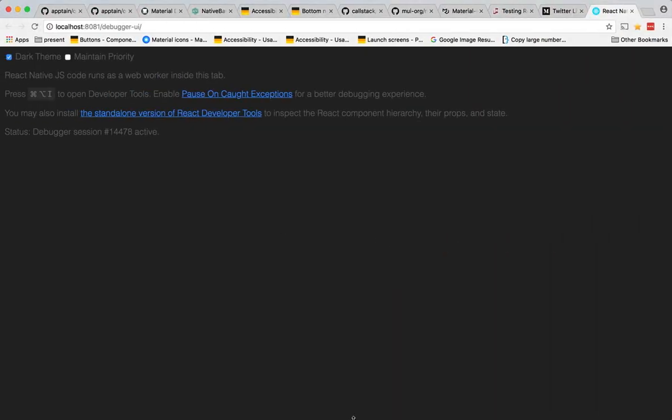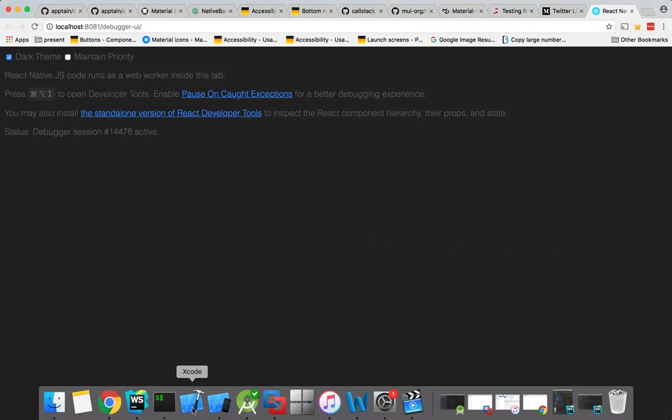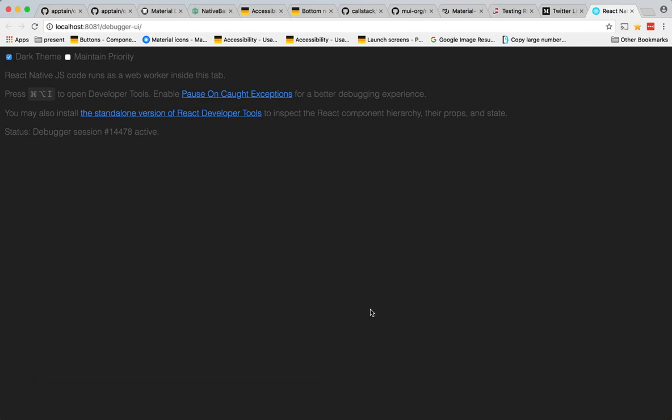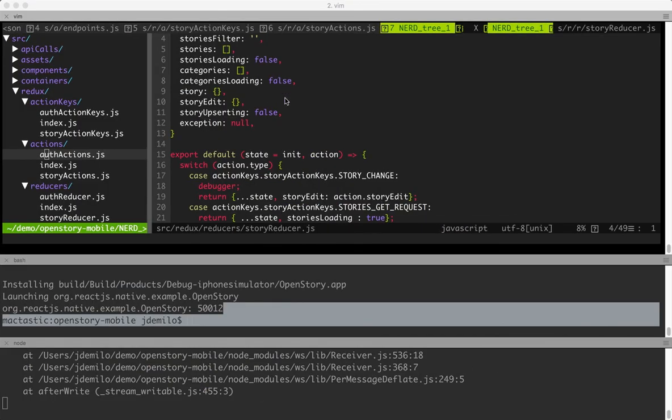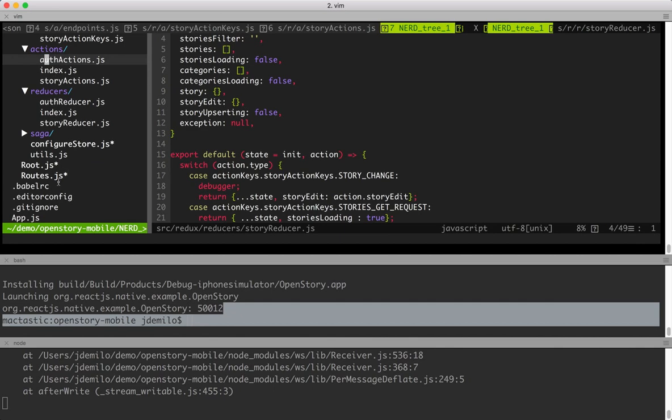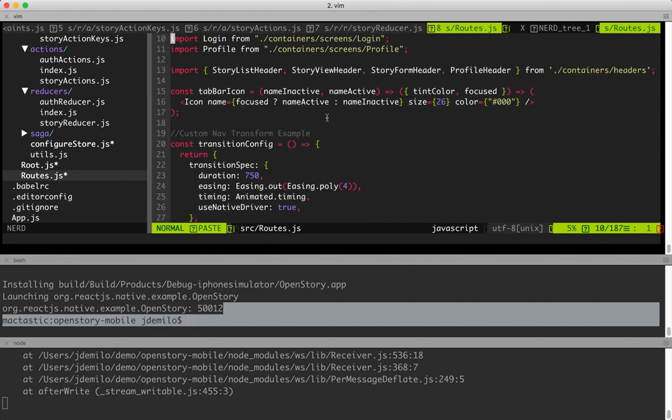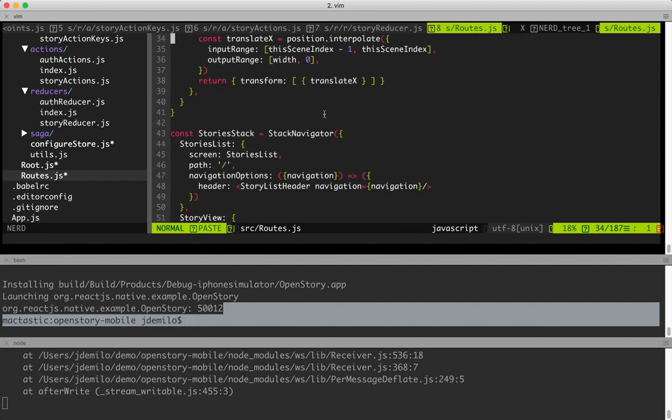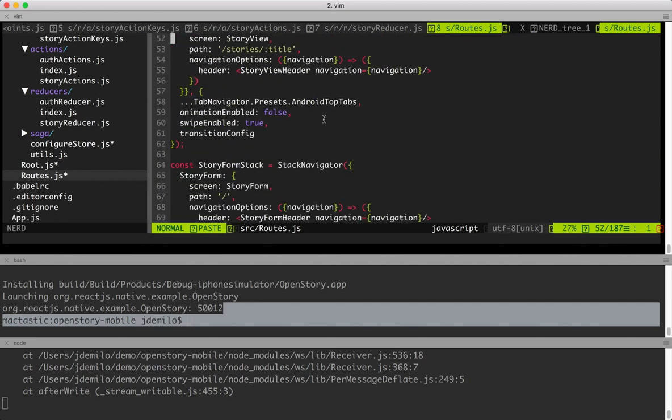So I'll show you a login as well. So if we come to our code and we go to our routes, it's using React Navigation, which could be a whole other video as well, because it took a little bit of time to wrap my head around, and then using it with Redux is